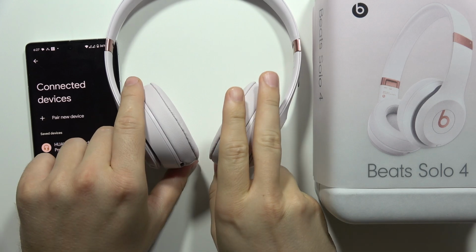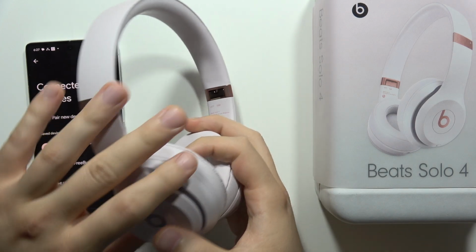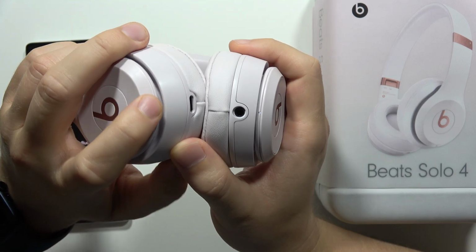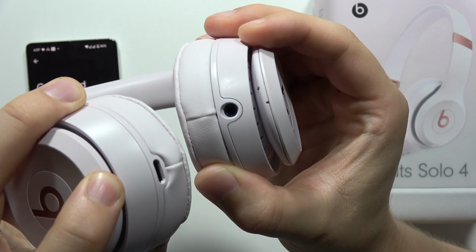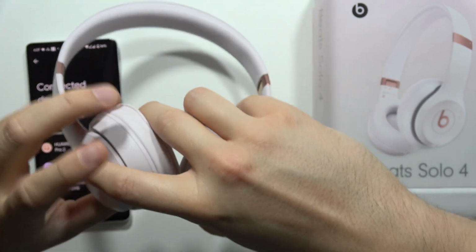Hey, to pair Beats Solo 4 headphones with any Android device, like for example this Android smartphone, first of all you will have to click and hold this power button until this indicator right here starts blinking white, quickly, like this. Now we can release this button when it's blinking quickly because we are in the pairing mode,